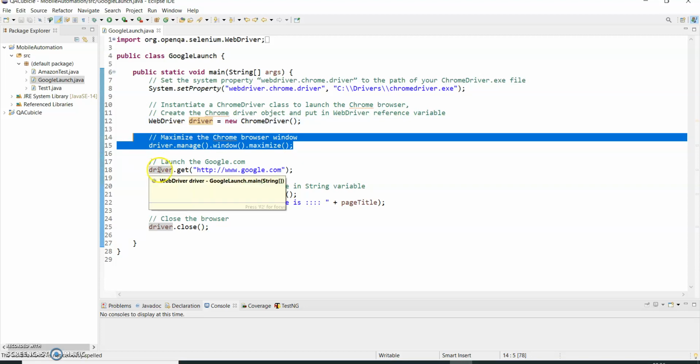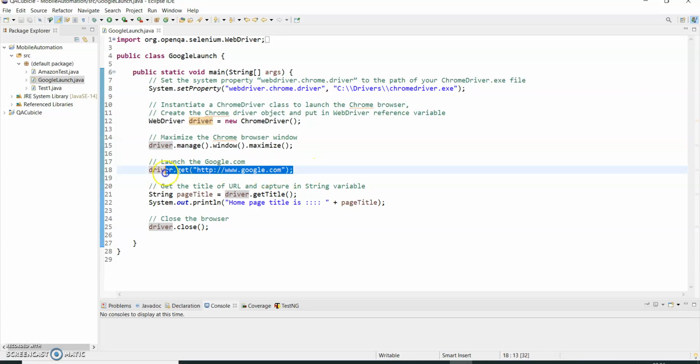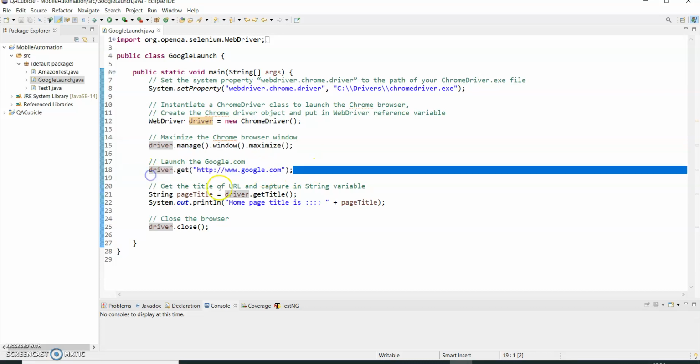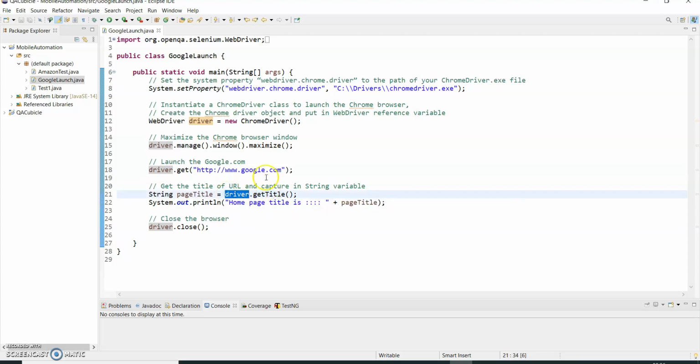And with the help of driver.get, I am launching google.com. Okay, and here I am trying to get the title of google.com and storing it in a string variable, that is the pageTitle. Okay, and here I am printing the page title. After that I am closing the browser with the help of the driver.close function.